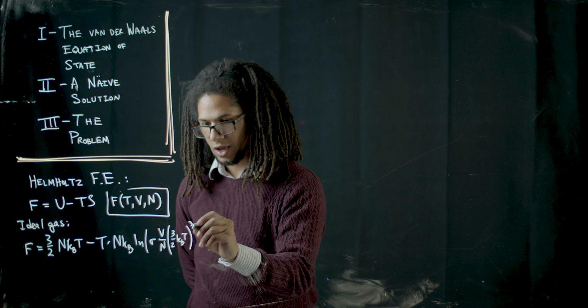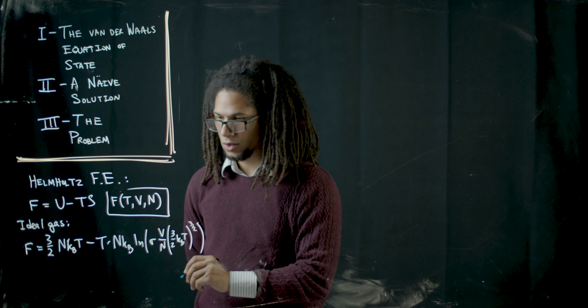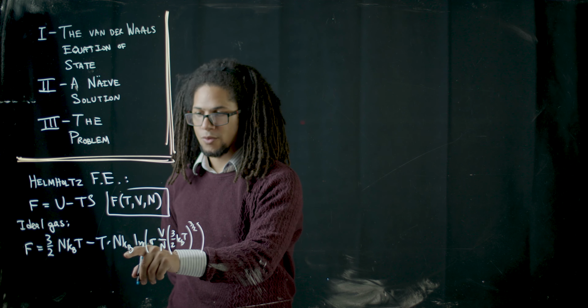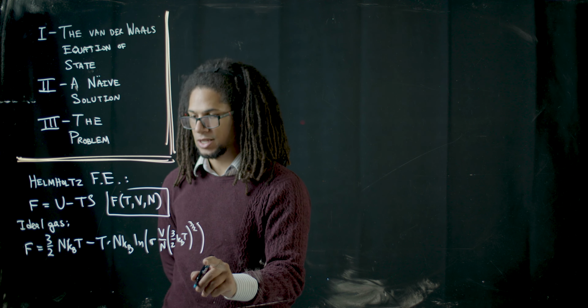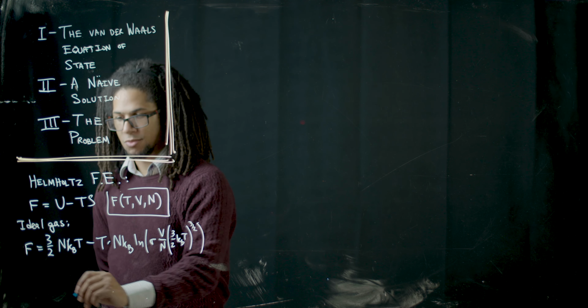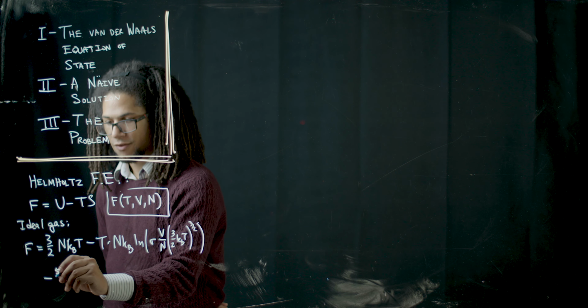Then this is raised to the 3/2. We close it. And then we would also have plus 5/2 NkBT. But because of the attachment to minus T, we also just get a minus 5/2